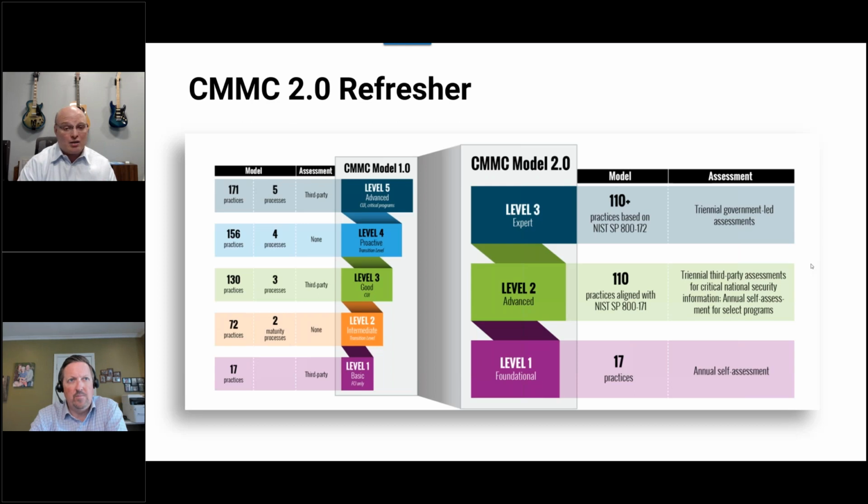Most of the organizations we talk to, it's either level 1 or level 2, and a lot are getting swept up in level 2 because of the controlled unclassified information, even though they're doing a very simple, small thing. So it's just important to understand where you're at and where you fit in that mix,